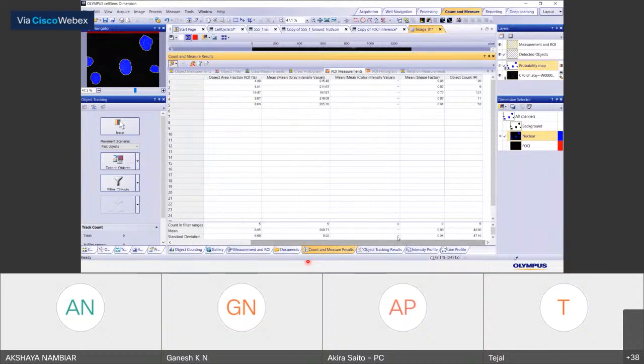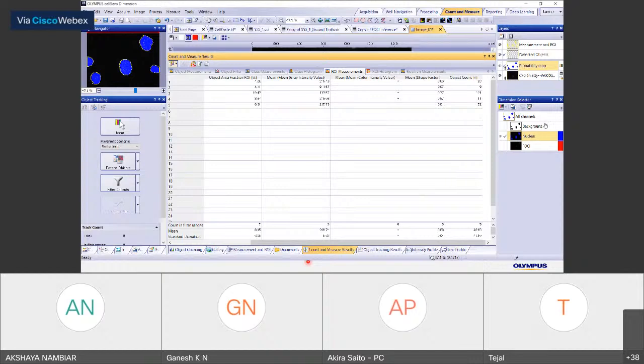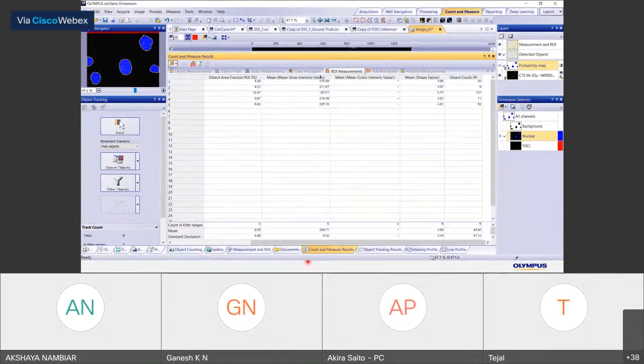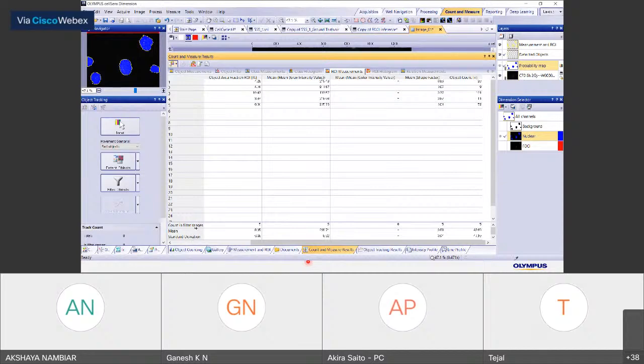And if you want the mean intensity information, you can find it from here. And also on the left you can find some statistics of all of the ROI information.